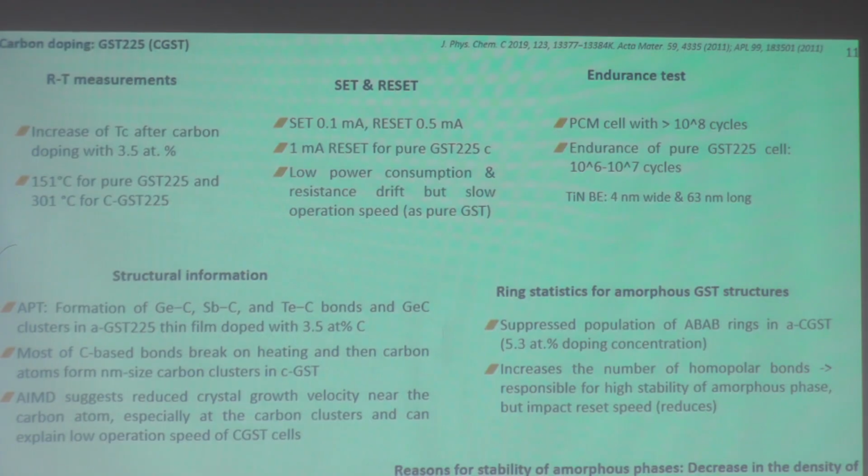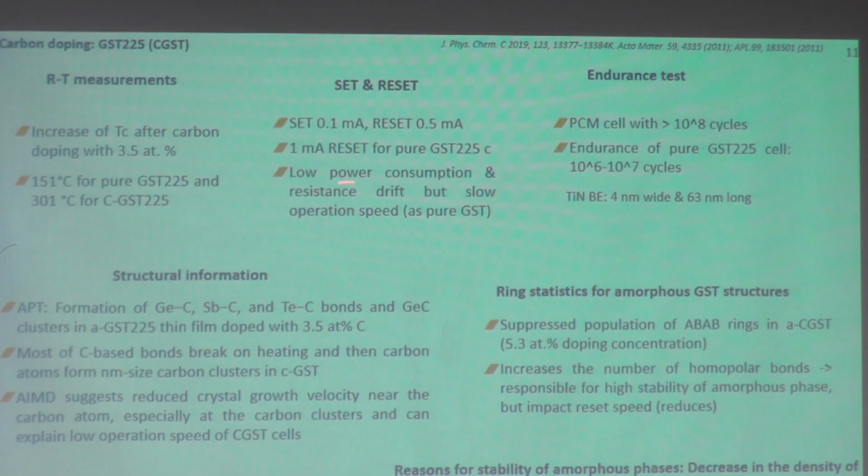It also affects the set and reset characteristics, reducing reset by a factor of two: for pure it's 1 mA, for doped this is 0.5, and set is also achieved at low current. This brings again low power consumption,